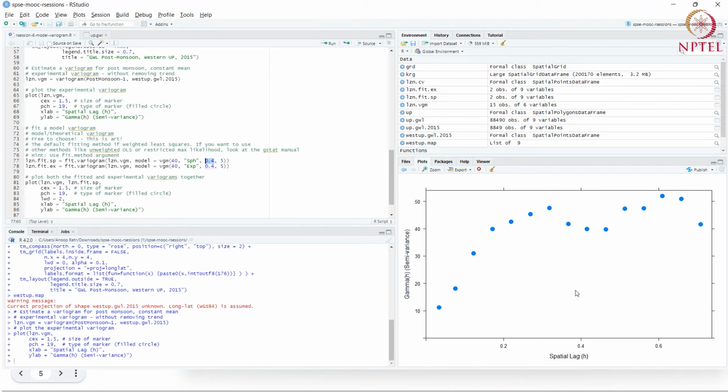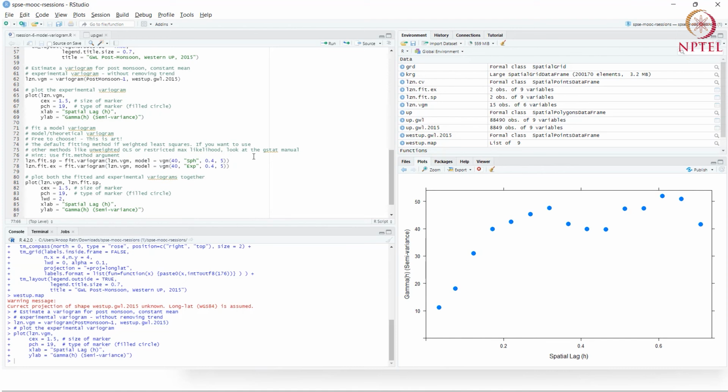0.4 is the range. The range is the lag, the distance at which it reaches the maximum value. So I'm going to say the variogram reaches a maximum value somewhere around here. Best guess, 0.4. And then the nugget. The nugget is, remember, the variance at h equals 0. If I just extrapolate, maybe the nugget is somewhere here. As a best guess, I've given 5.